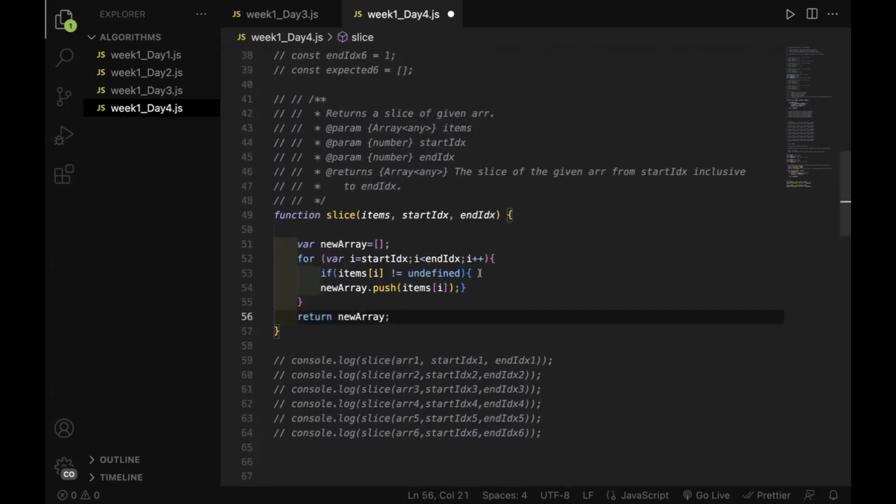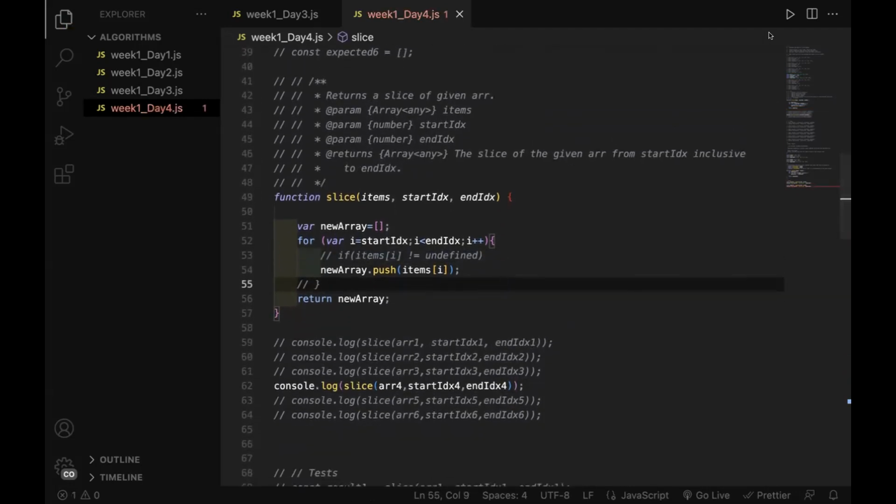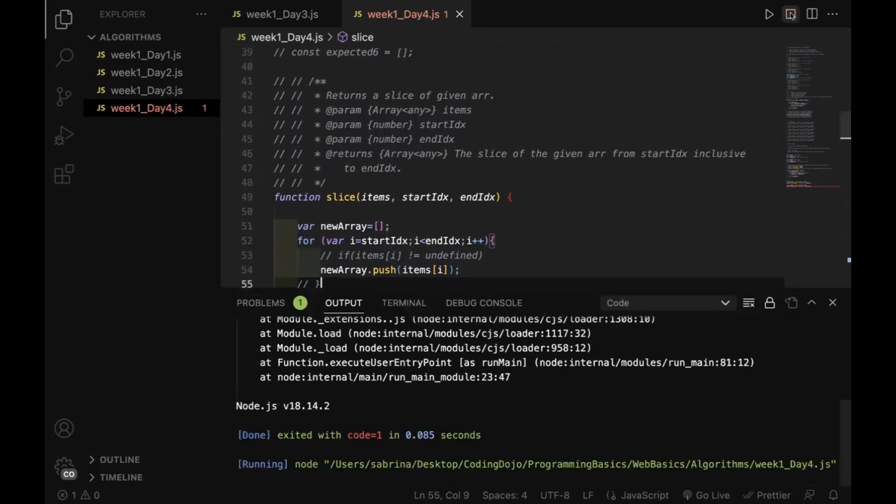I just want to show this for the groups that didn't do that if statement. So if we comment out line 53 and 55, just 55, the closing bracket, line 55. Right, so if we just do this without the if statement and we run that one specifically,